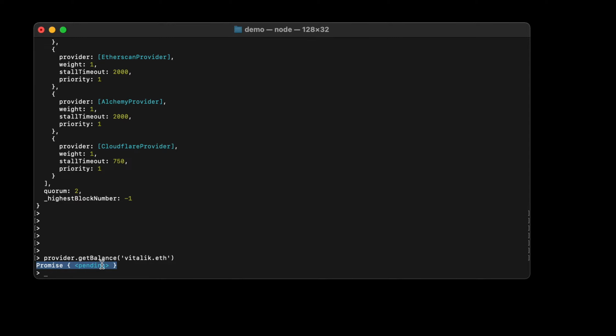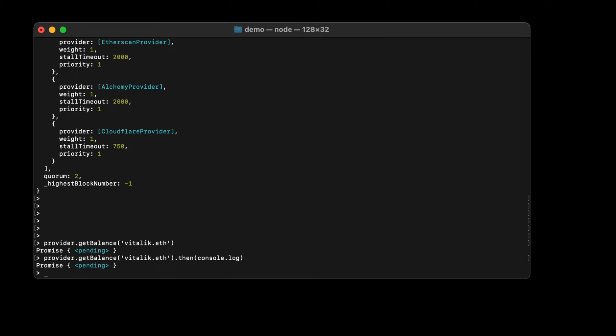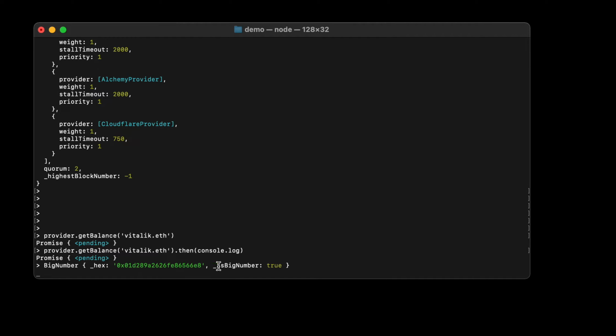When we enter, then we see the promise pending here. This is because this function returns a promise, and that promise in the end resolves into a value, a big number value. So to get the resolved value, we need to handle the case when the promise resolves. So when this promise resolves, then console.log. It passes in the result into the console log. So when that promise resolves, then console.log is called. So we got the callback here.